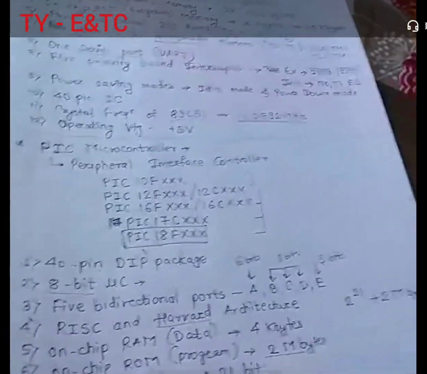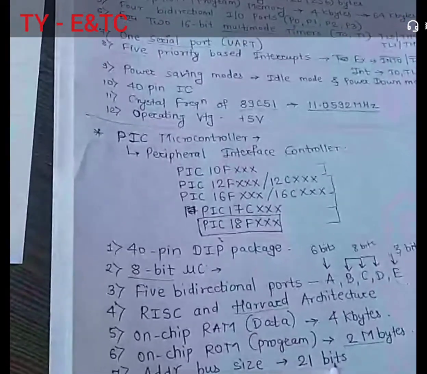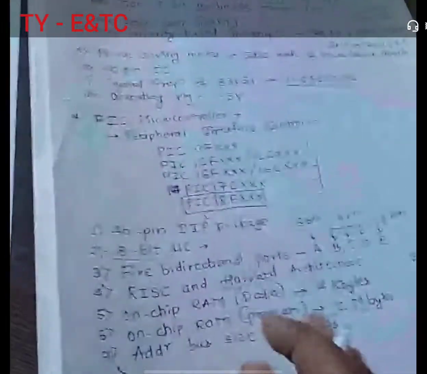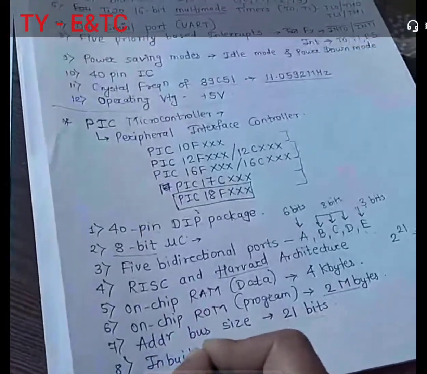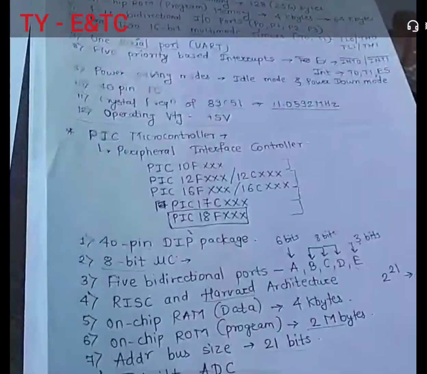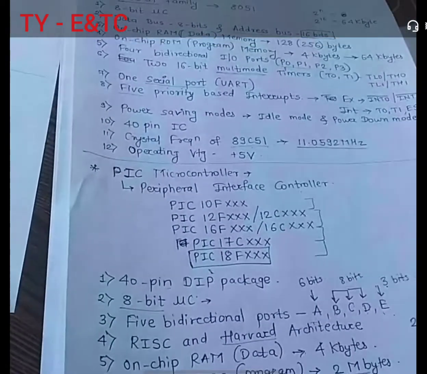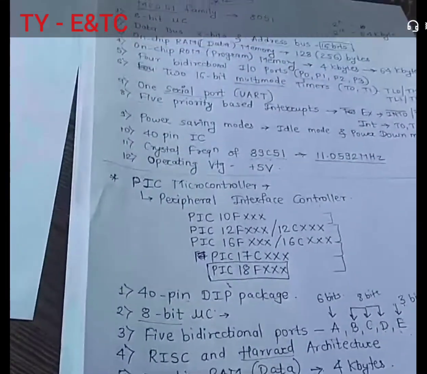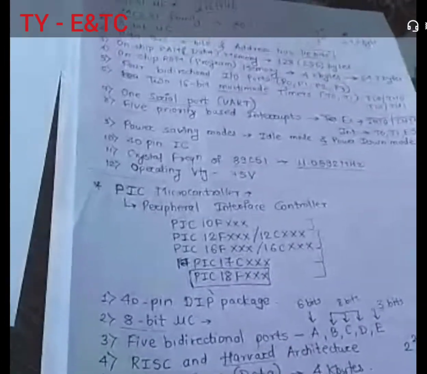Okay, so you can find out the size of memory capacity depending upon the size of address bus. So this is one of the features. Now the next important feature is that this PIC microcontroller is having an inbuilt ADC. It is having an on-chip ADC available, and this ADC is of 10 bits with 8 to 12 analog channels.